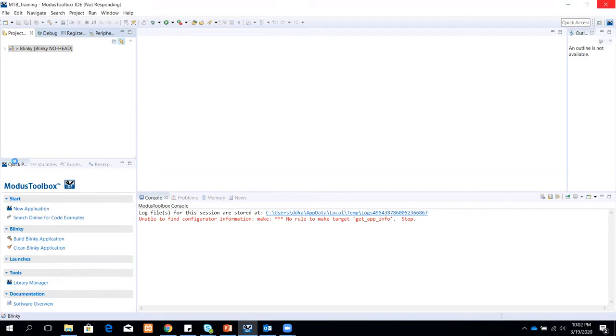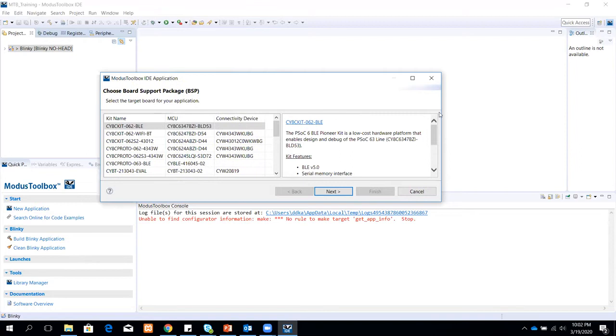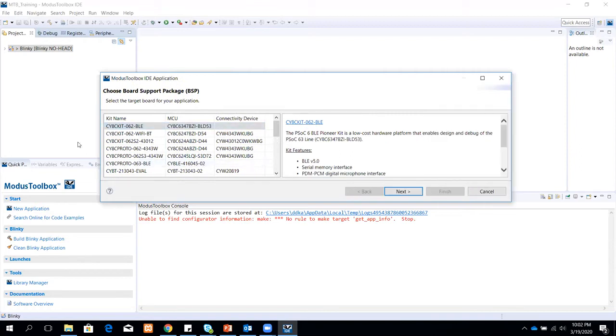So in the quick panel here, you would have seen the new application wizard, and when you invoke that, you get this particular window. And here you'll notice that you no longer have devices, you have something called the board support package. Okay. In simple words, this is nothing but the different boards that Cypress offers, and we have created a package which provides you files specific to these boards.